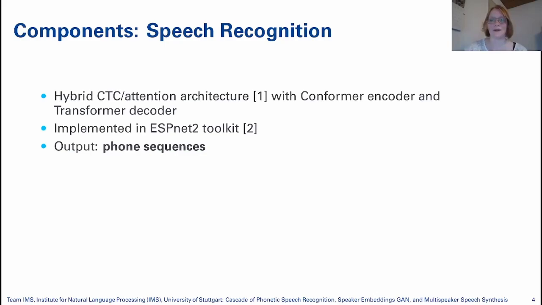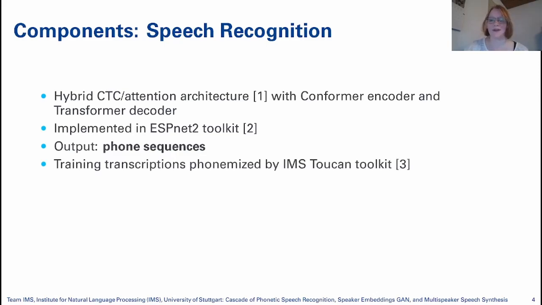But we found that phones are actually better suited for this task because this means that the synthesis model does not have to phonemize the text anymore, which also means that we have a less error-prone step in our pipeline. And we also found that phone sequences are more robust against errors in our ASR model. Because every error that is made during the speech recognition at the beginning of the pipeline is propagated through all of it and is reflected in the speech synthesis output. And we found that phone sequences reduce this error.